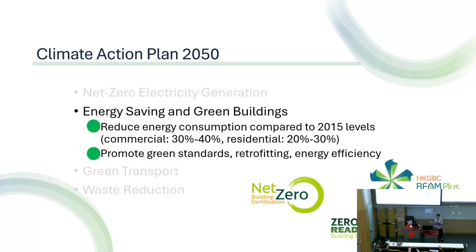So with energy consumption reduction compared to the 2050 levels, the 30 to 40 and the 20 to 30 for residential and commercial buildings, those are the targets by 2050, sorry. But right now we're actually moving quite well for the interim target, where I think it was around 11% for commercial and around another 10% for residential, and that's on the energy consumption because we've promoted